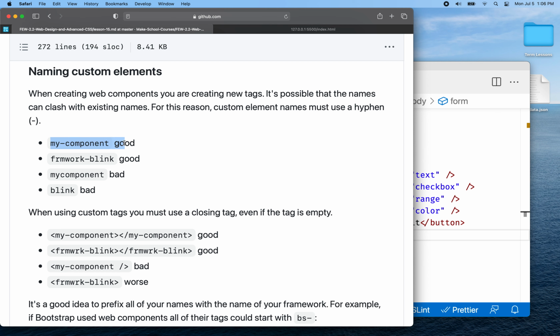So this name would be good. This name would also be good. This name is not working because it doesn't have a hyphen. This one doesn't have a hyphen. This is required, okay? So you cannot register a custom element with the browser unless there's a hyphen in the